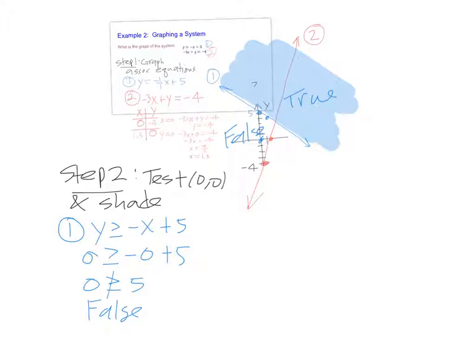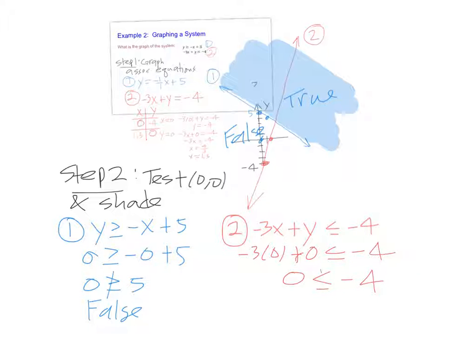Now we'll do the same thing for inequality number 2 in red. So we have negative 3x plus y less than or equal to negative 4. We substitute 0 in for both variables because that's what it means to test 0, 0. And I get negative 3 times 0 plus 0 is less than or equal to negative 4. But anything times 0 and plus 0 is 0. So we have 0 less than or equal to negative 4, which again is false. So the point that we tested from the standpoint of inequality 2 in red,